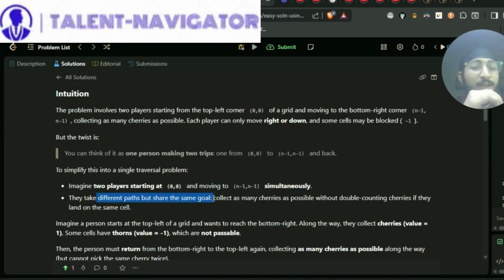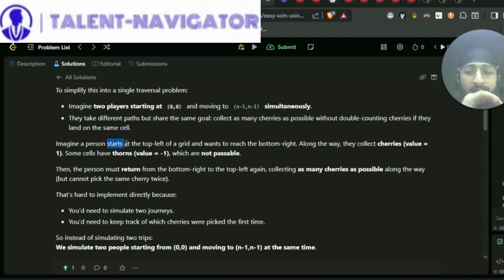They take different paths but share the same goal, that is to collect as many cherries as possible without double counting cherries if they land on the same cell, if these players, while traversing, land on the same cell. So let us imagine a person starts at the top left of a grid and wants to reach the bottom